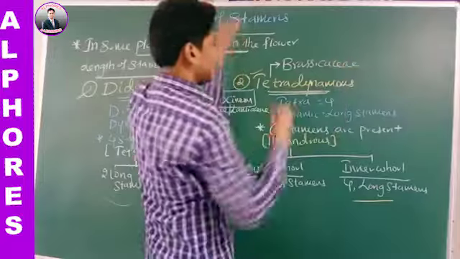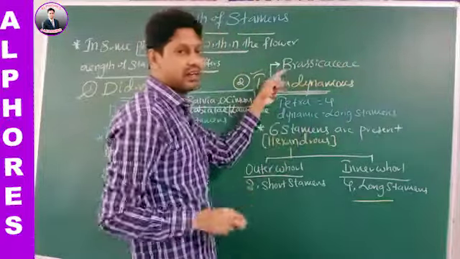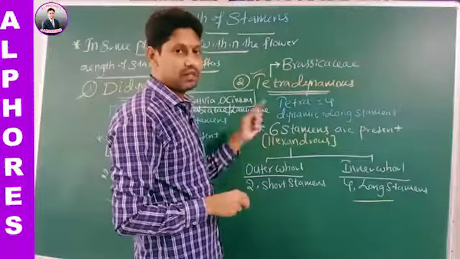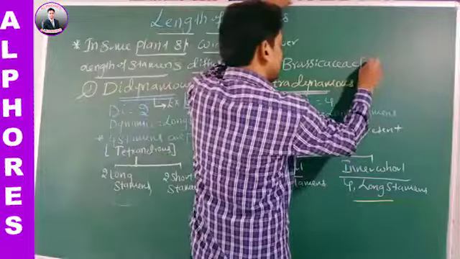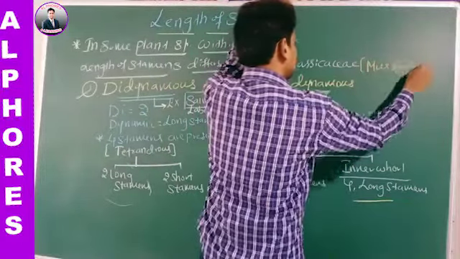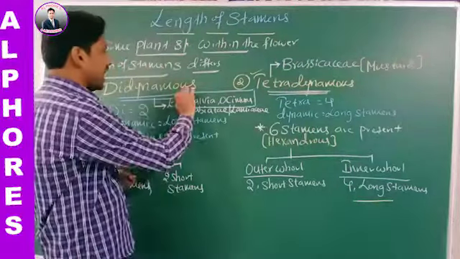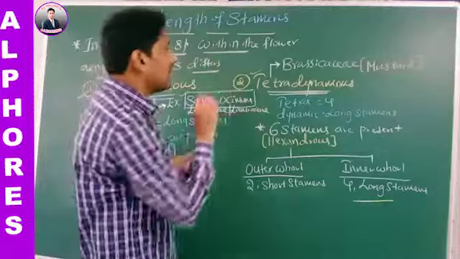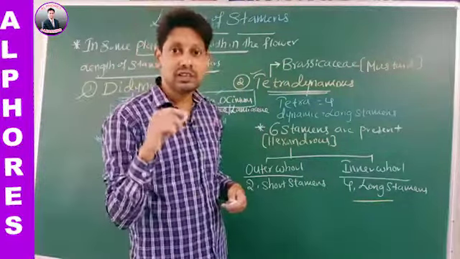Which family, sir? Brassicaceae family. Writing a family name means you can take any example from this family. For Brassicaceae family, the best example is mustard. Therefore, see here in Salvia, Ocimum and Brassicaceae family, within the flower,